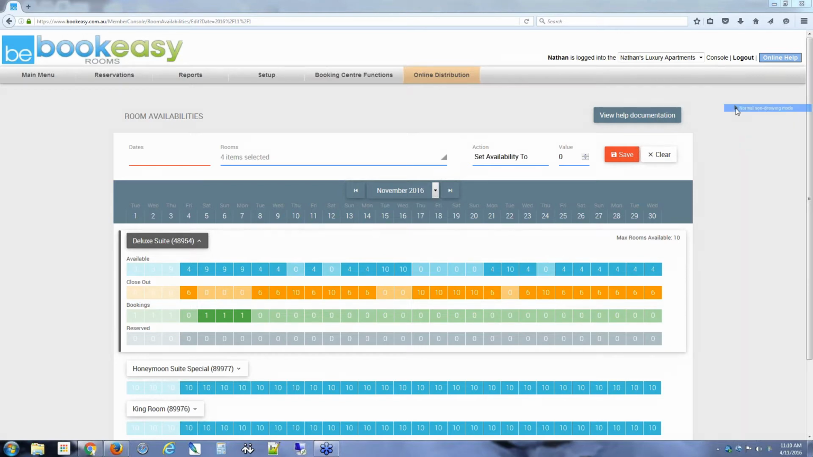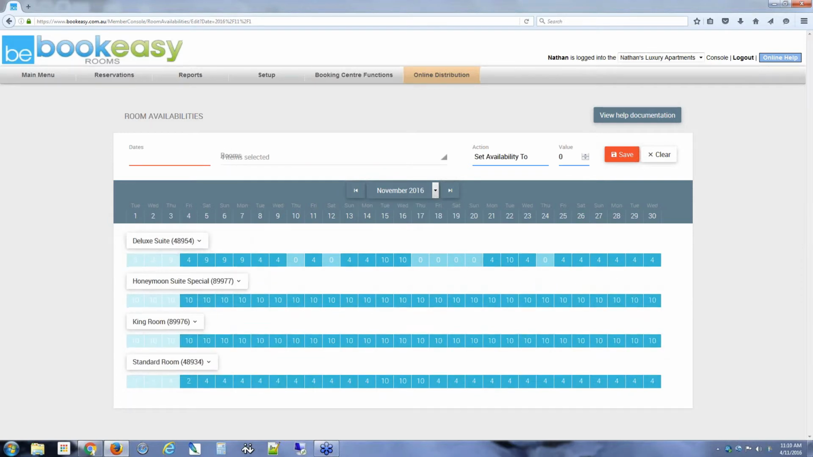Okay. Now, one thing to point out is that none of these additional rows, such as the closeout row, the bookings row, or the reserve row, are clickable. They are view only. They're more to provide a graphical representation of what is going on with that room. Now, if I click here to collapse this room,